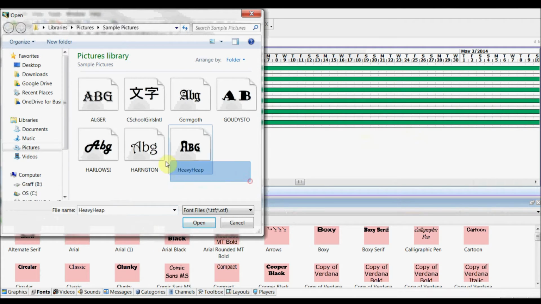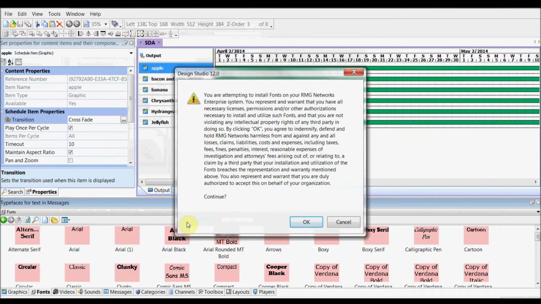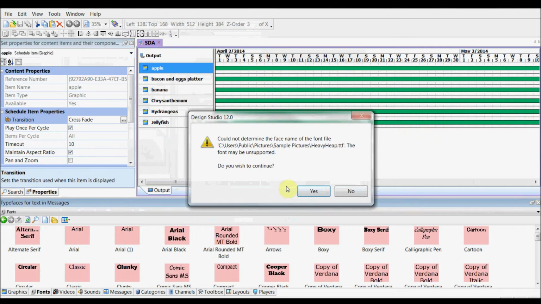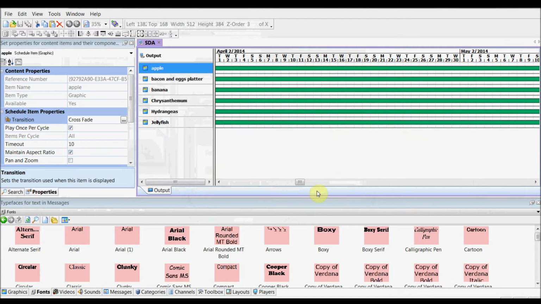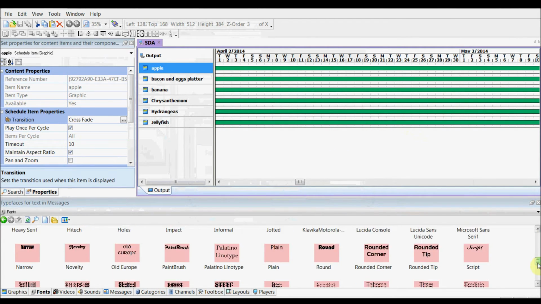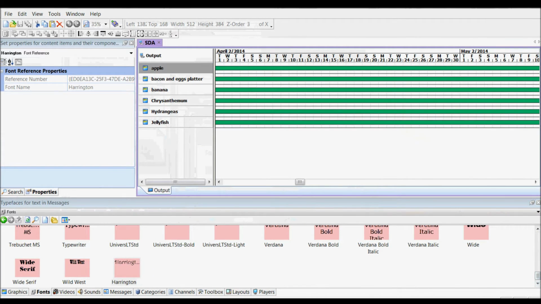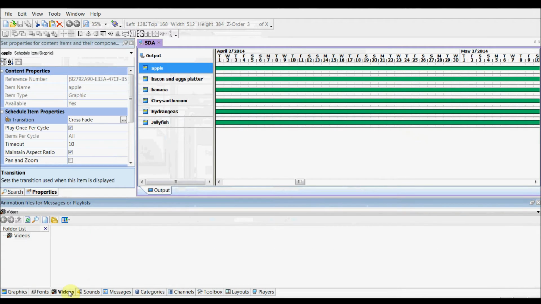So if I want to pick a few of these fonts, I'm going to highlight them, click on open. We do get prompted to make sure that we do have the legal rights to use those fonts. I'm going to click OK to those. And just like with the graphics, they get imported, and there they are. We'll take a look at fonts in a few more steps, but for now, let's move on to the video